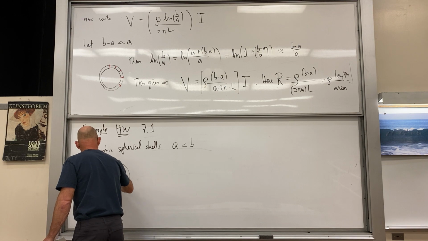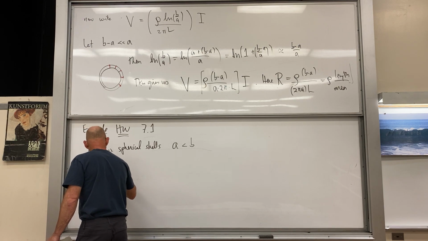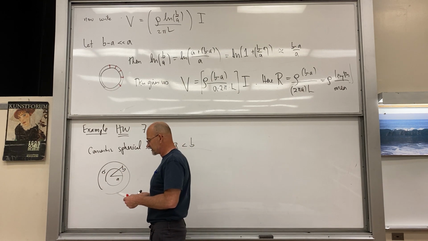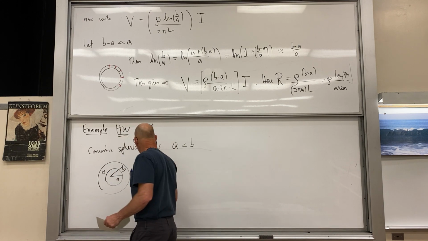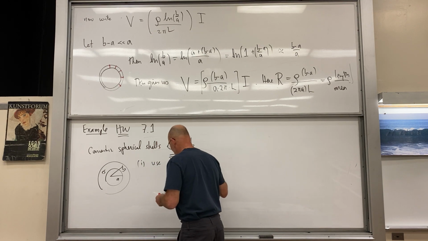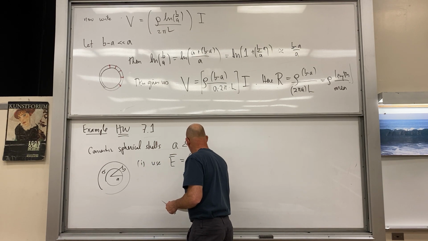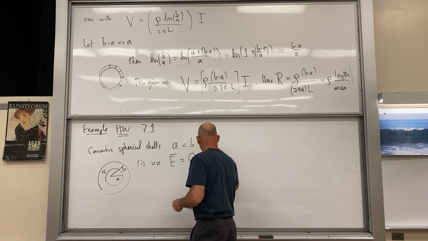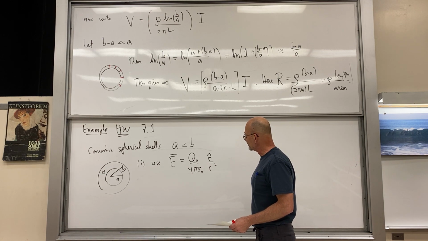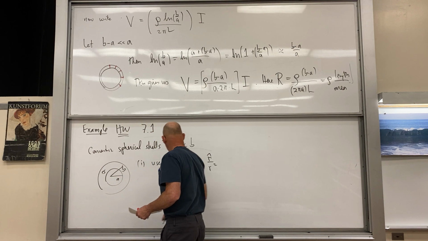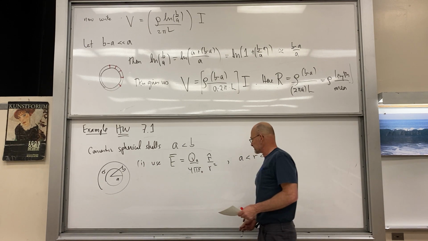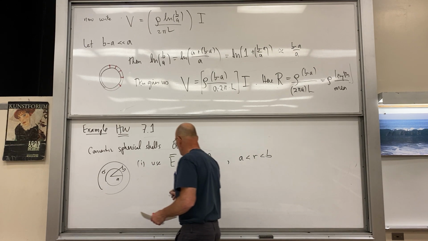I'll just do the cross section because we've got the A, the B, and we've got the material's property sigma in the shell itself. So to tackle this problem, you can start with the electric field being, say, Q_A over 4 pi epsilon naught, unit vector over r squared. We know that from Gauss's law, from symmetry, that that's what it has to be, whatever the charge is on the inside, all the way for A less than r less than B. Okay, so we use that and then calculate